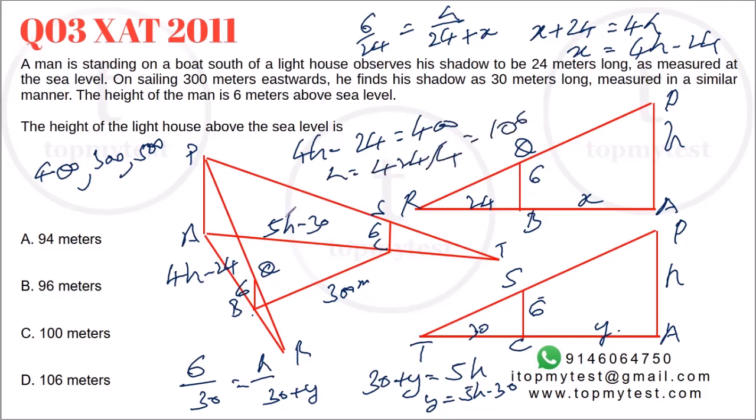Now it should also satisfy the other relation, because this is not the only right angle triangle which I know, right? There might be other irrational right angle triangles also. So this value of H should satisfy the other equation, other relation. This should give me 500, right? 5 into 106 is 530. 530 minus 30 is 500. My job is done. Option D in this case.